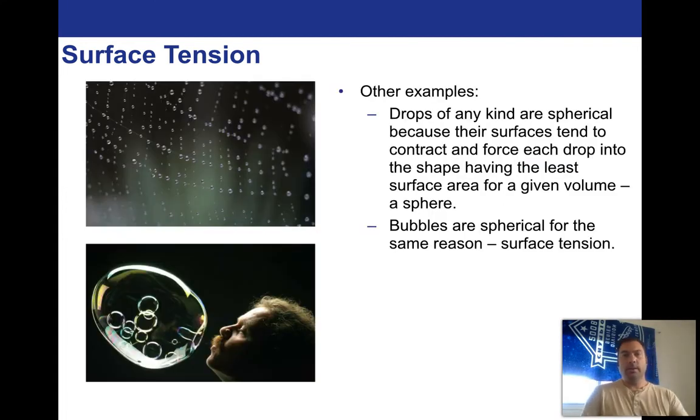All right. Here are some examples of surface tension. You see these little beads everywhere? The surface of water sticking to itself prevents it from running down the spider web here. This is surface tension operating inside of a series of bubbles, where you're actually able to use the bubble itself to make more bubbles within it, all of which have surface tension.